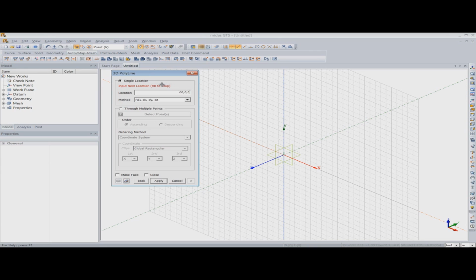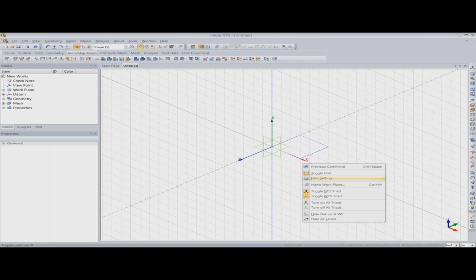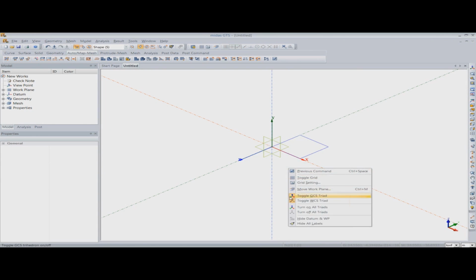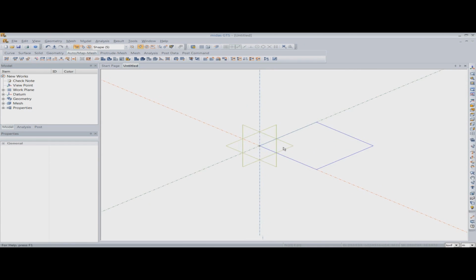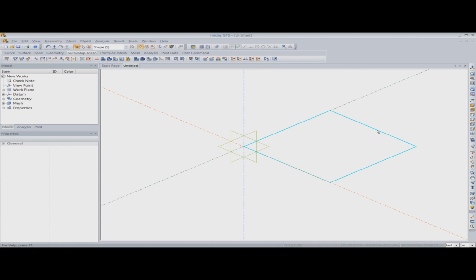So I'm entering the coordinates, and as you can see on your right, there is a curve which is moving, and it shows us how the wireframe has been modeled. Let me switch off this grid so that it becomes easy to see. As you can see here, I have modeled a rectangular wire.